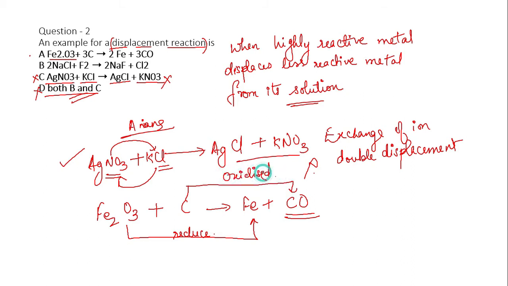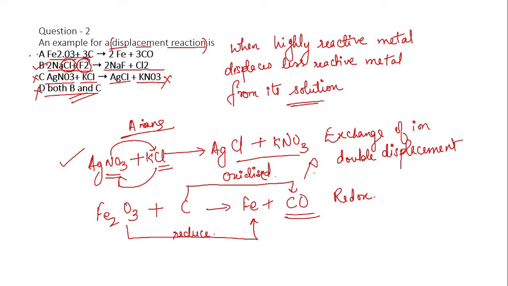Oxidized. So instead of keeping it in displacement reaction, because there is no such option given, what we have done is we have kept it in redox reaction. Because when we check B, this is a clear-cut displacement where chlorine is being displaced by fluorine, whereas this can be kept as oxidation reaction. So that is why we are keeping answer B.